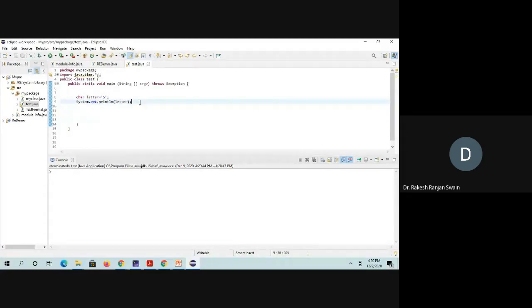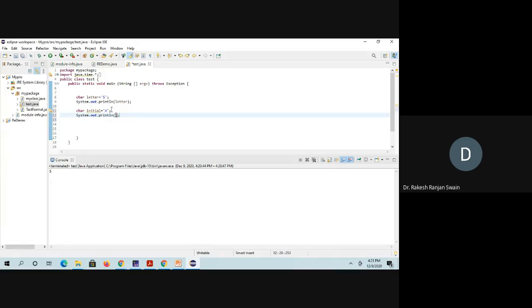Here I am defining a character. The name is, suppose, initial. Character name is initial, and the value is, suppose, capital A. That is my character. Then here I concatenate this character with a string.